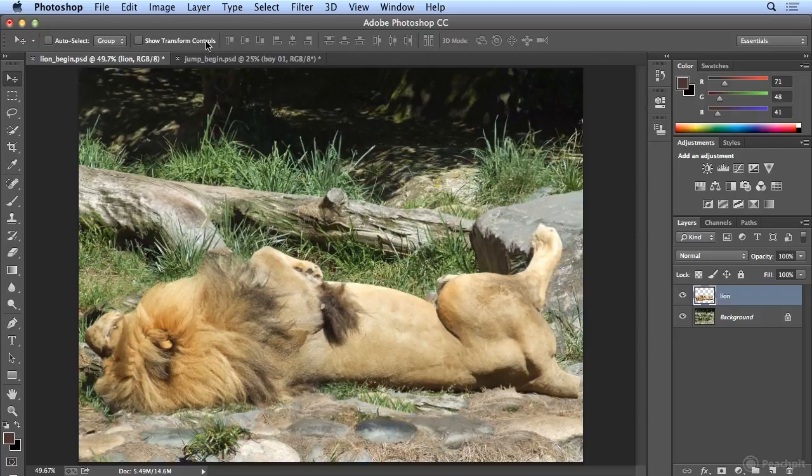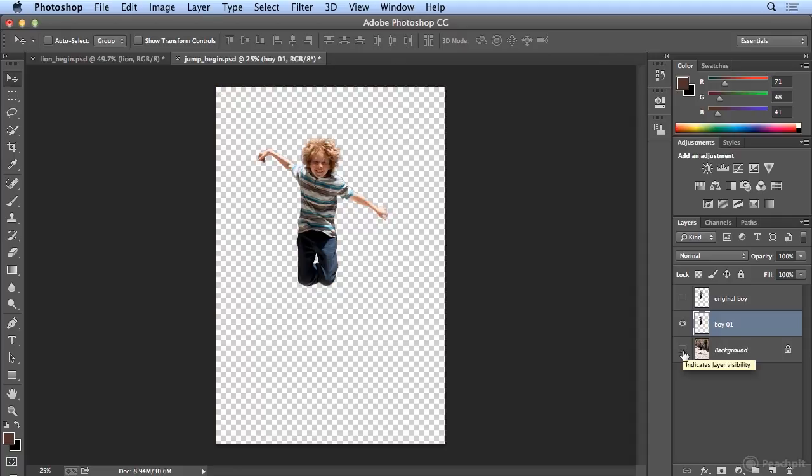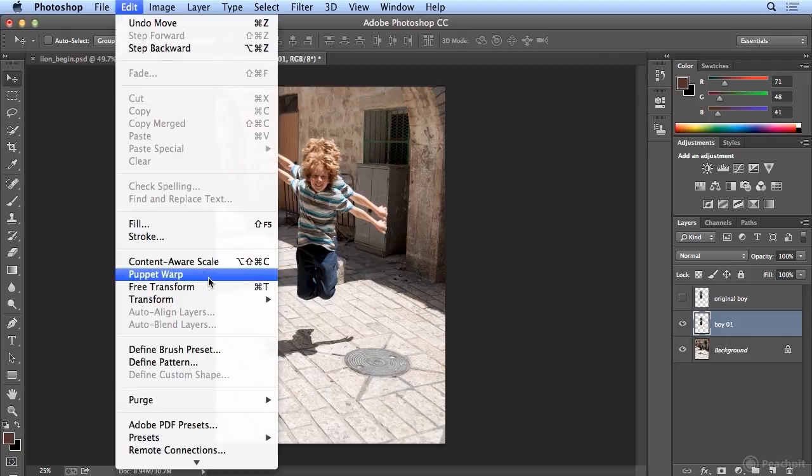Now let's finish off with using Puppet Warp for a special effect. In this photograph, I've got a boy jumping, and I want to create the illusion of motion so you get that feel like you're in flight with him. So I've already isolated the boy to his own layer, and you're on the boy 1. And what I'm going to do is move this down a little bit. Now he's still in the original, and that's okay. I'm going to pull both of his arms down like they're rising up until they land in the spot he was originally photographed in. So I will choose Edit, Puppet Warp,